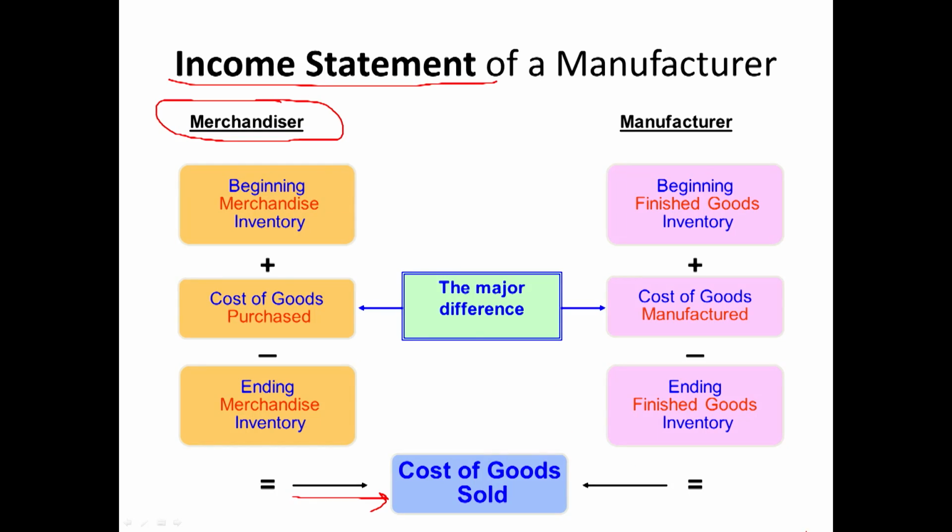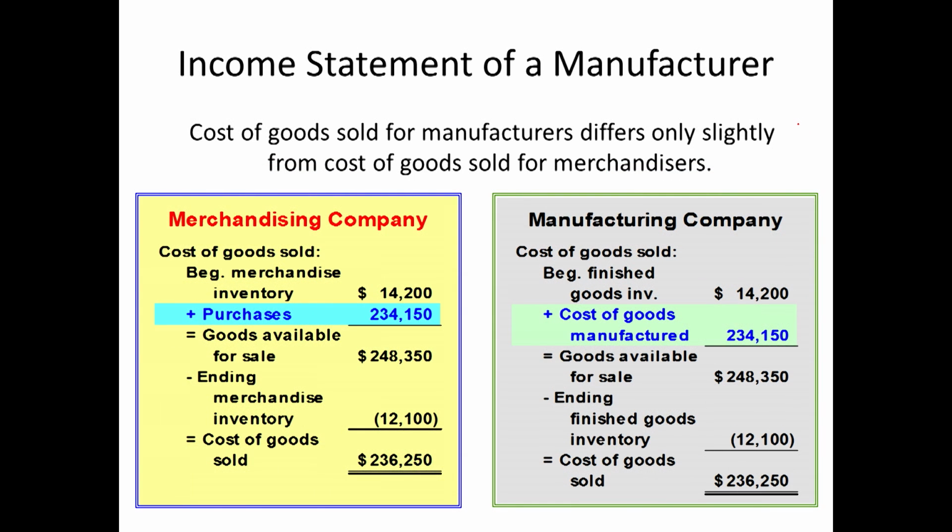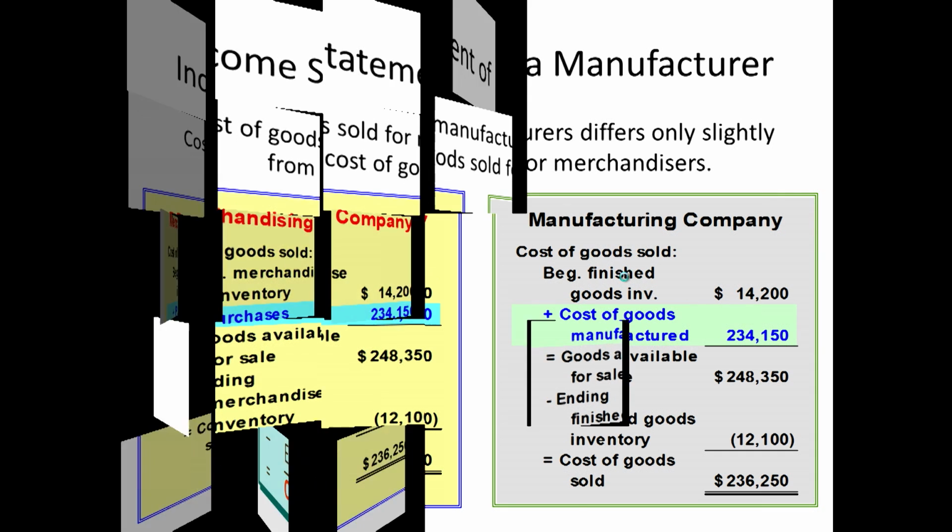Now, if you go to that slide, let's go back to that slide. They put the same thing here on this slide. I just kind of like the way that I do it a little bit better. And you can see how that would look more with numbers in them. Now, we have this new term here, don't we? Cost of goods manufactured. We haven't talked about that before. What is cost of goods manufactured?